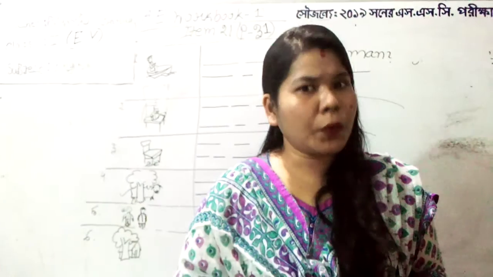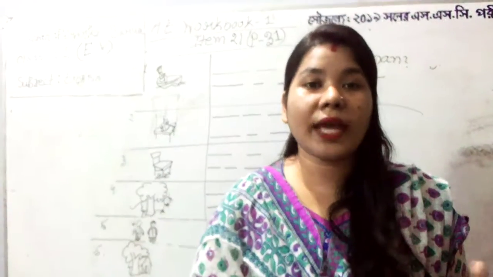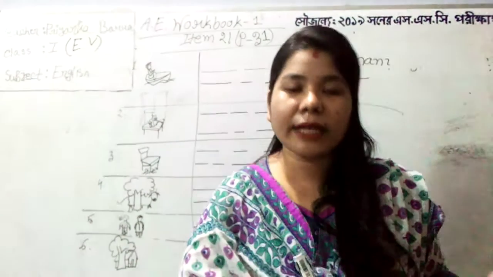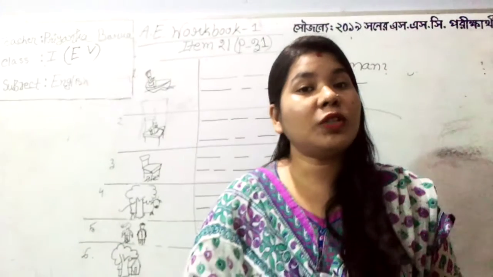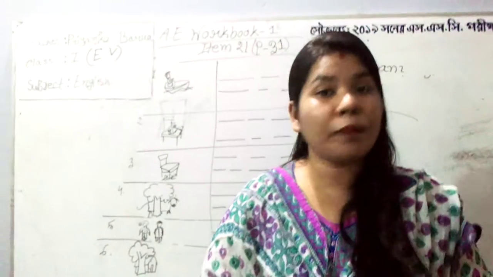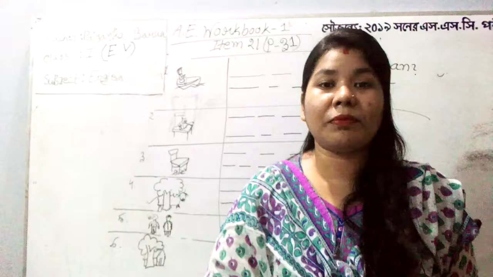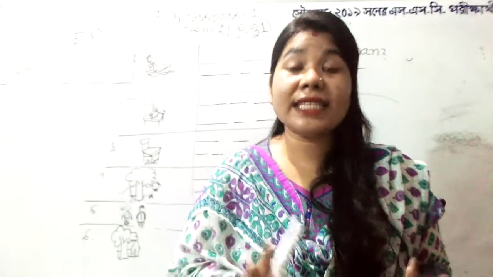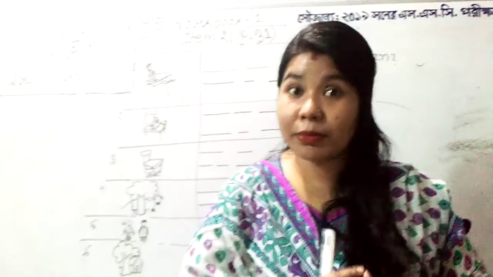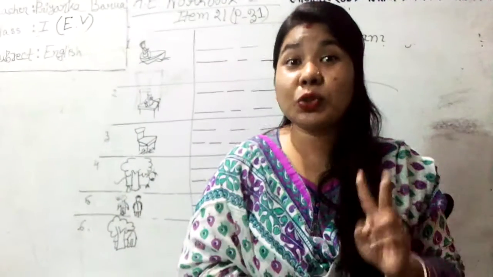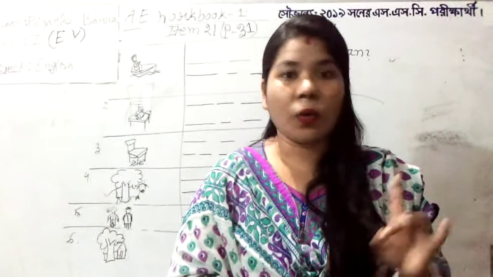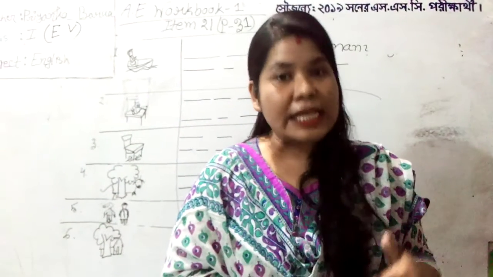item number 21, we were actually doing item number 21. In the previous class, we solved one of the pages from item 21. Item number 21 is divided into two pages. That means collaboratively it is only one item. Though it is divided into two pages, we have already done one of the pages. Now it is for the next one.